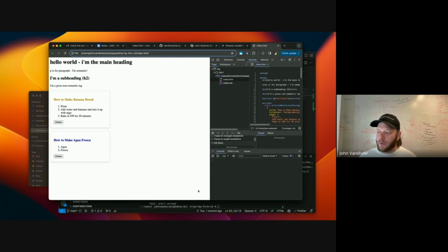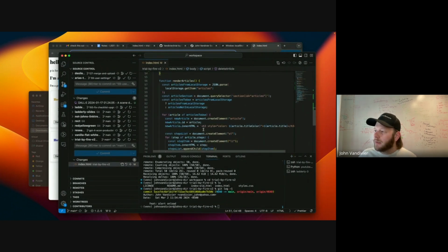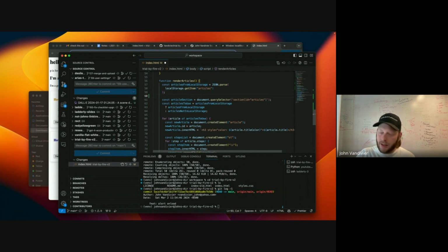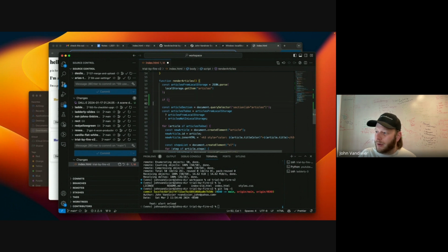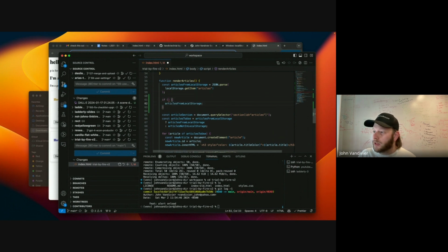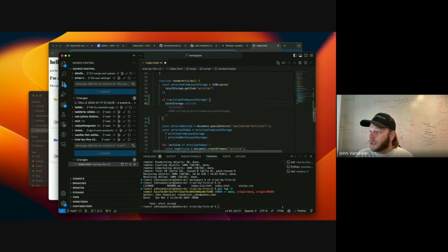I'm expecting 3. Let me do something different. Instead of using the ternary, I am going to say if there aren't any articles in local storage, I'm going to immediately save the full copy and just use that. So if there aren't any articles from local storage, setItem, not in local storage.